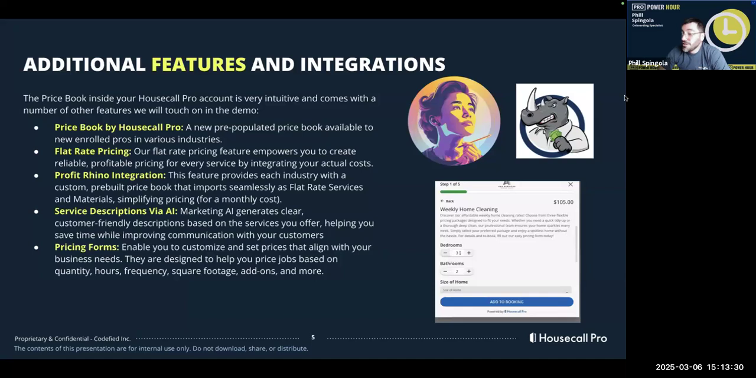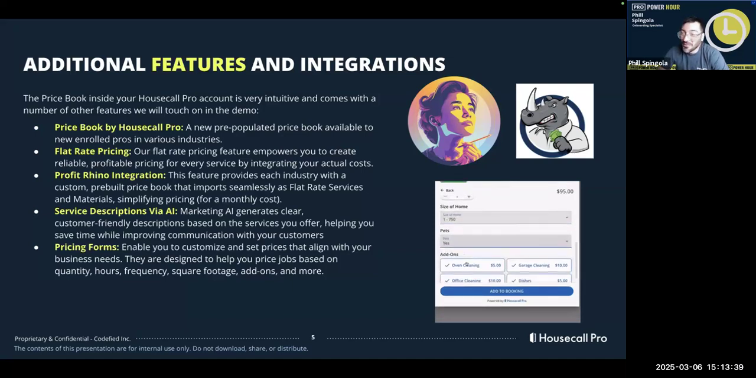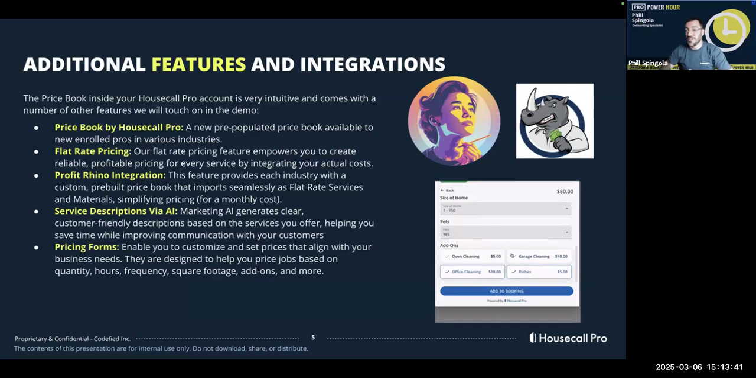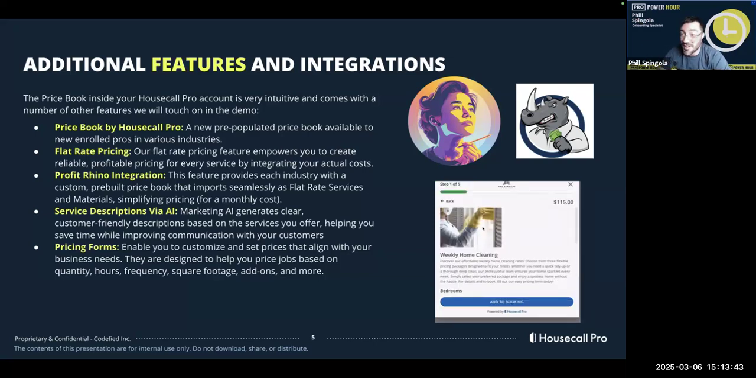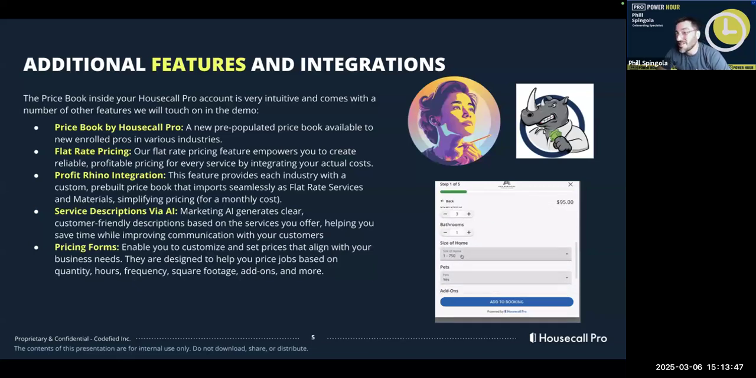So, additional features and integrations with the price book. One of the things is the price book by Housecall Pro. Now, I don't want people to start thinking that we have a completely built price book for you already set and good to go. That is not true. I always tell everybody that we typically start you off with, as you're going to see,